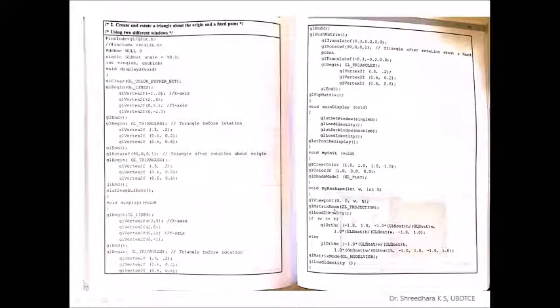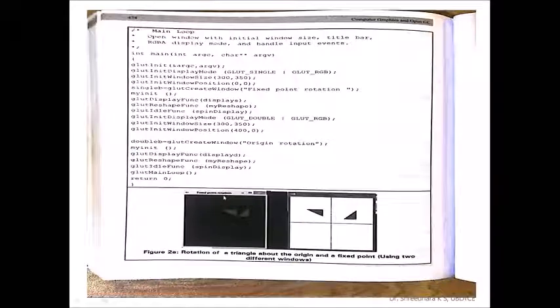So I think we already discussed the reshape function. Now the combined effect of all these routines results in a more interactive program. Now you are creating two windows on your single screen. The one you are displaying with rotation of the same object with respect to the pivot point, and the other is rotation with respect to origin. So these are the axes that you created for user-friendly nature, so that it will be observed.